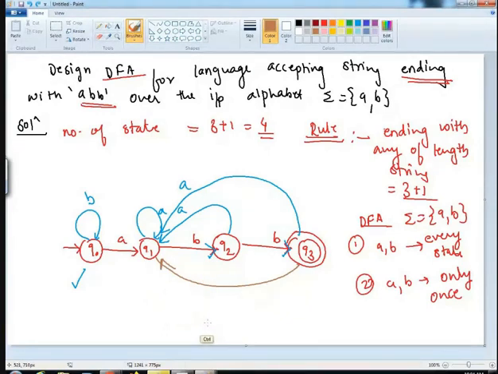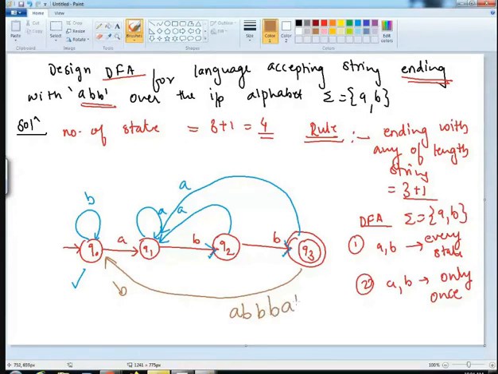Then where shall I place my B? I can place my B at Q0 state. So what will happen with this is that whatever your condition is, if you have given A, B, B, and you have one more B, you have ABB. Now your condition is ending with ABB. So the machine goes to Q1 on this A. Then it goes to the second state with B. It will move to the third state with B. Okay, but the machine has not halted.